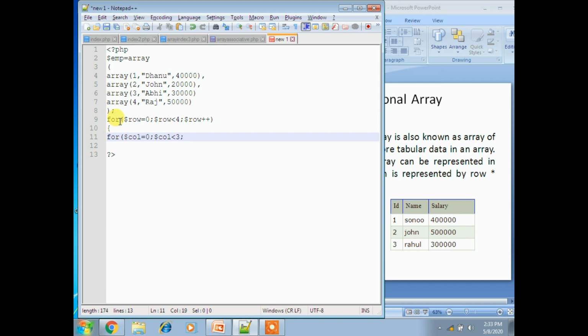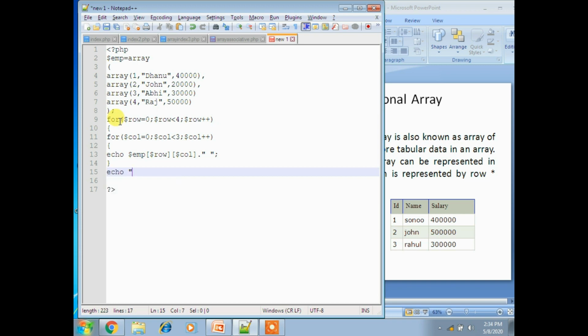Columns are 3, right? So then col plus plus. Now echo $emp[$row][$col], and then put semicolon and close this.